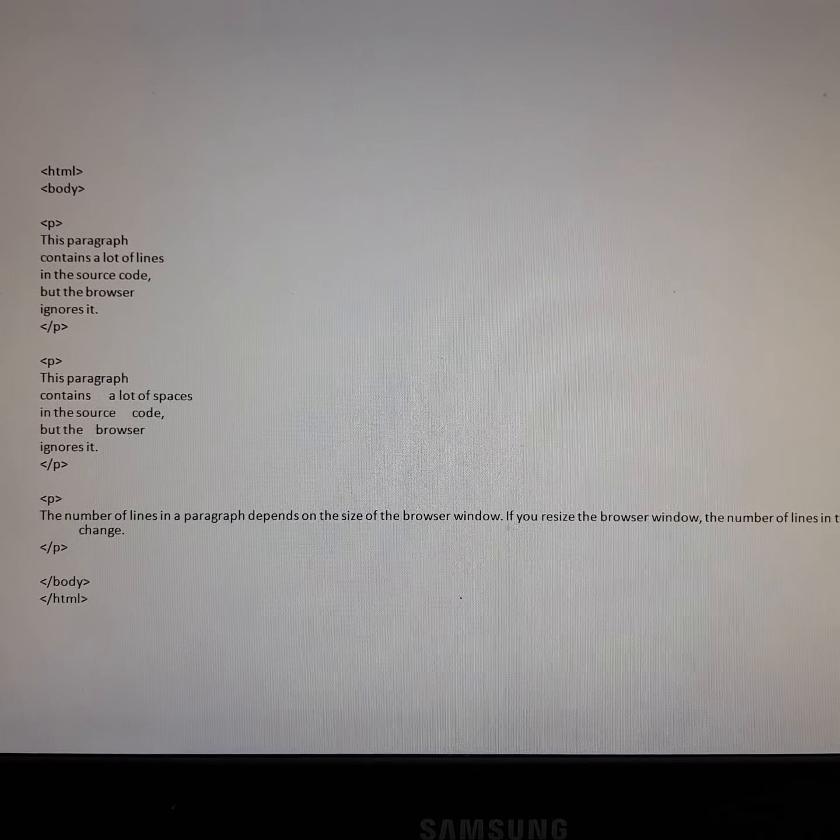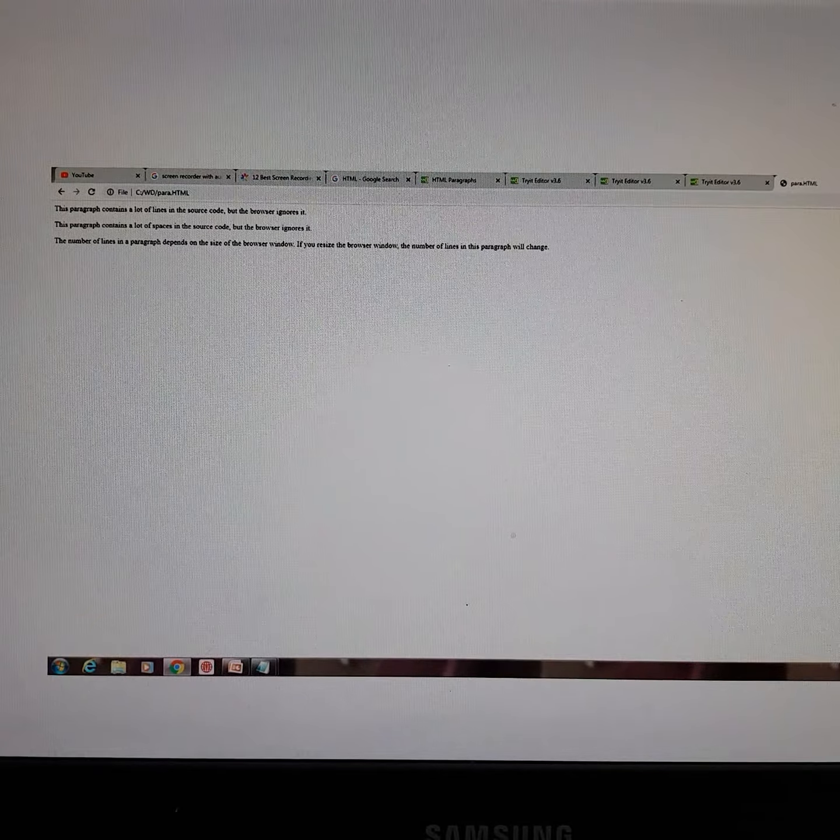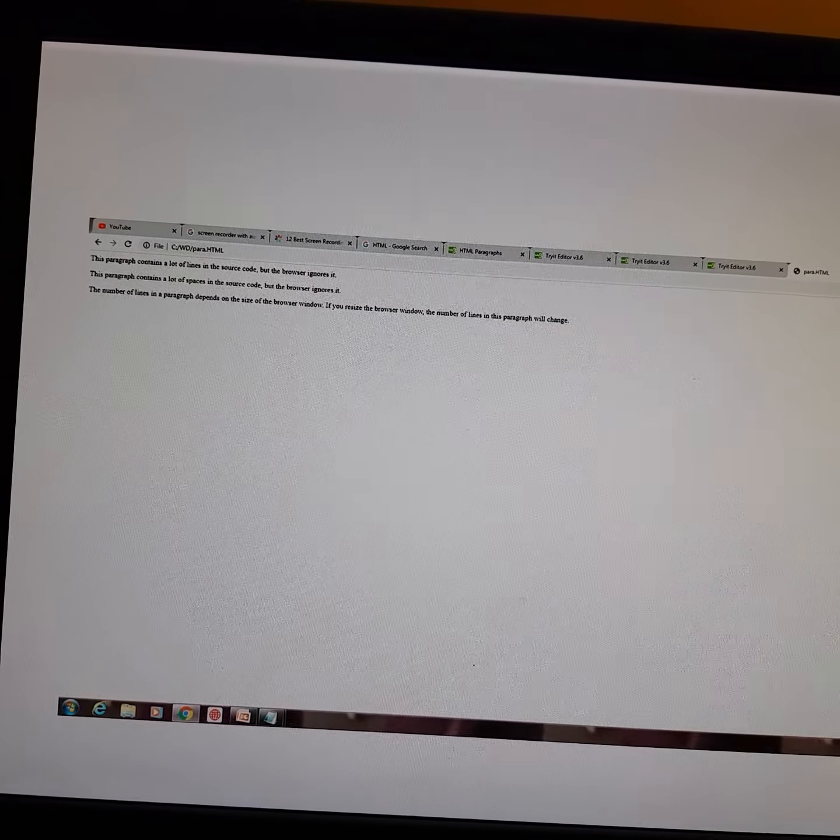How it ignores, we will see with the output. See, in the output we haven't seen any line breaks or any spaces. These are ignored while executing with the browser. To use those line breaks, we have to go for another tag called the break tag. That we haven't used, so the browser is ignoring everything.